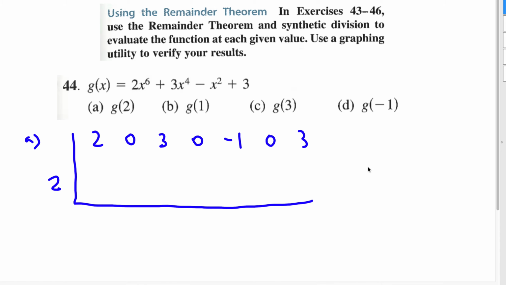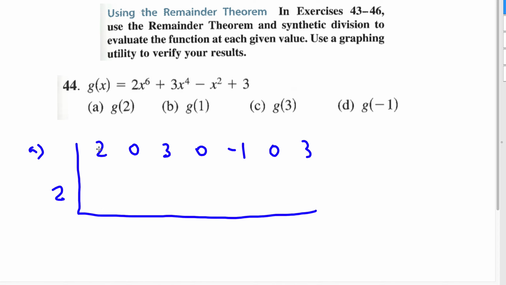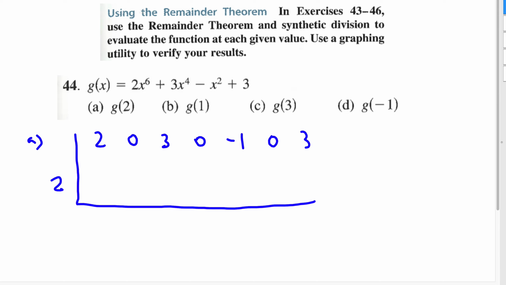Over and over again, I'll have to modify a little bit here and there. So you bring down the 2. We're not going to have to worry about writing it out, we're just concerned with what the actual remainder is. So we bring down the 2, 2 times 2 is 4, add 2 times 4 is 8, add 2 times 11 is 22, add 2 times 22 is 44, add 2 times 43 is 86, add 2 times 86 is